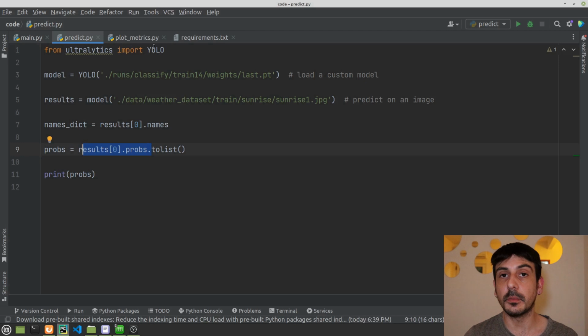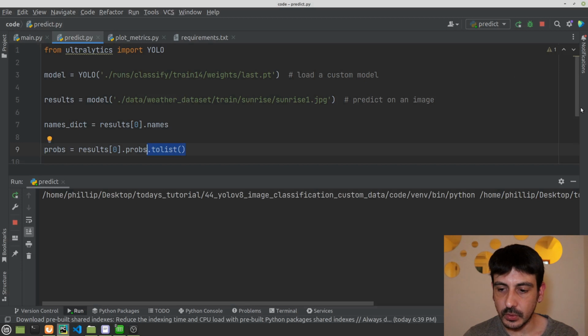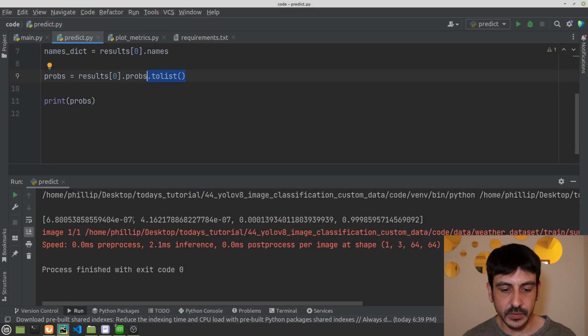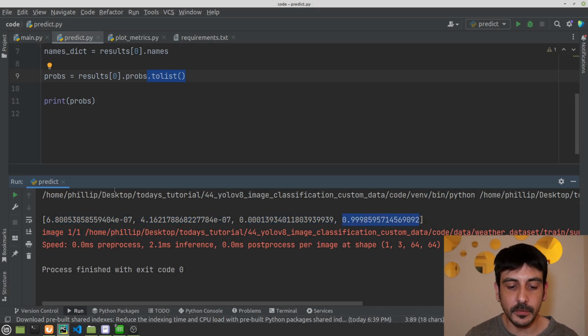We are using YOLO, which is based on PyTorch, so if we don't call this method, we will be working with a torch object, a tensor, and we don't really want to do that, so that's why I'm doing this tolist. Now I'm going to print probs, so I show you how it looks like, and I show you how to continue from here. Okay, you can see that this is a result we got from printing probs, and this is a list with 4 elements, 1, 2, 3, and 4, and each one of these elements is the probability of this image to be one of these categories, right?